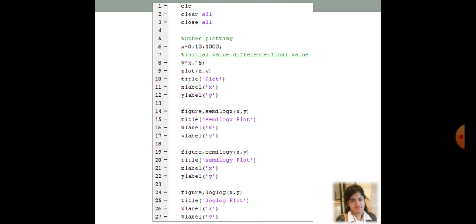In the membership function, suppose you are going to draw a membership function and you need to specify how many elements you need along the x-axis, then this syntax has very good importance. Except for fuzzy, there are different application areas. You just need to visualize where you can use it.